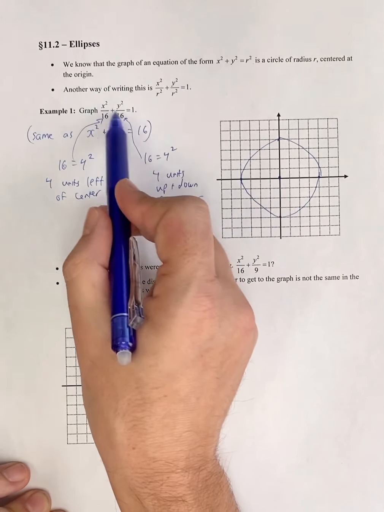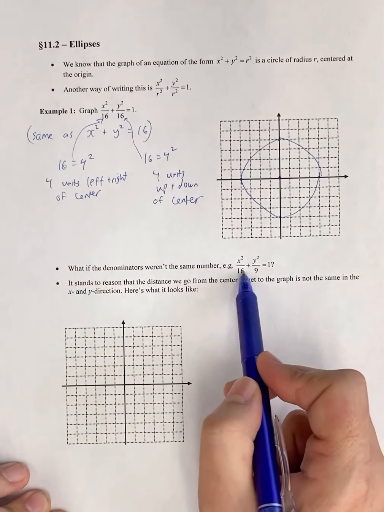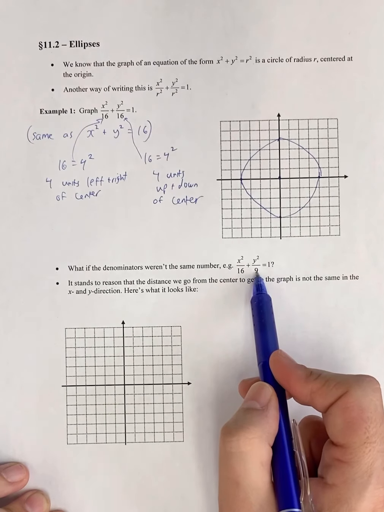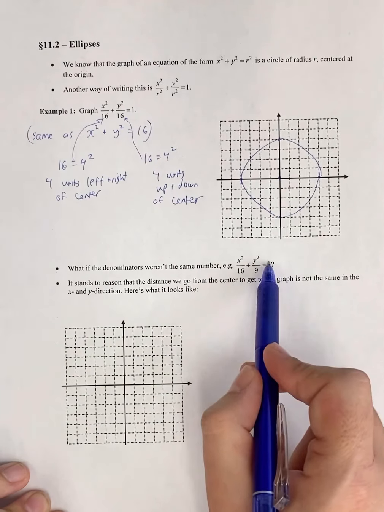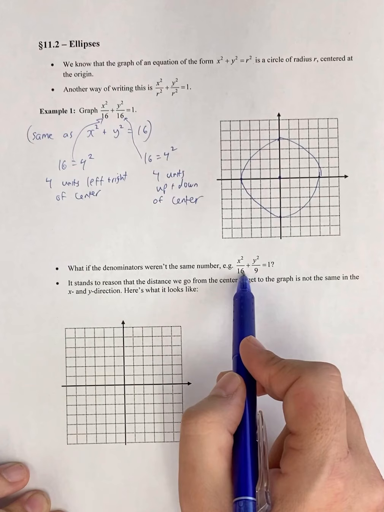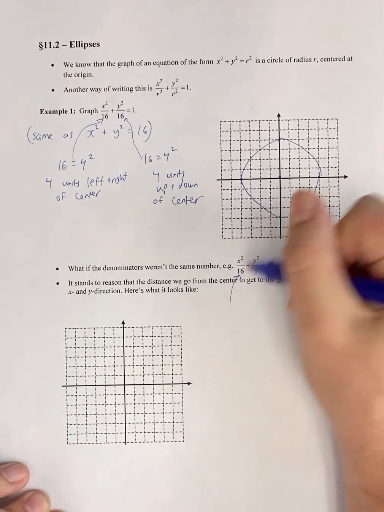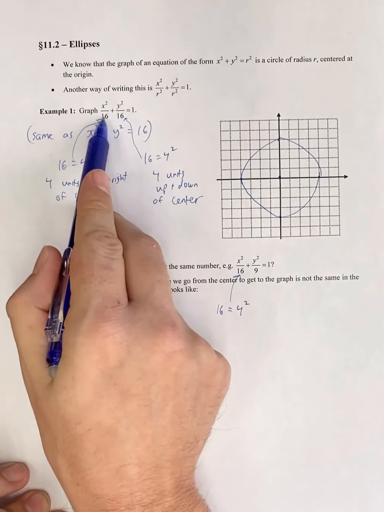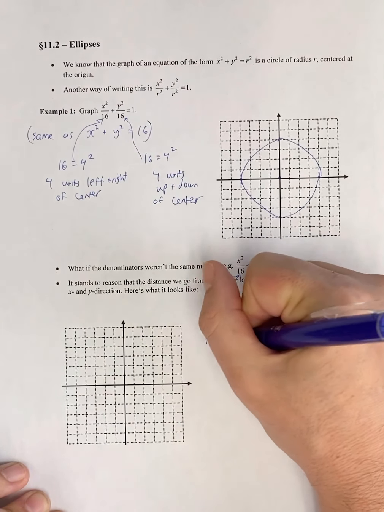So then the natural question is, what if we took this equation, but instead of these 16s being the same, what if we had different numbers under the denominator? So if I had x squared over 16 plus y squared over 9 equals 1. Well, then I claim it stands to reason that, again, we would get a circle-like figure centered at the origin, but we're not going the same number of units left and right as we are up and down. This 16, which is 4 squared, still, just like in this case, tells us to go 4 units left and right